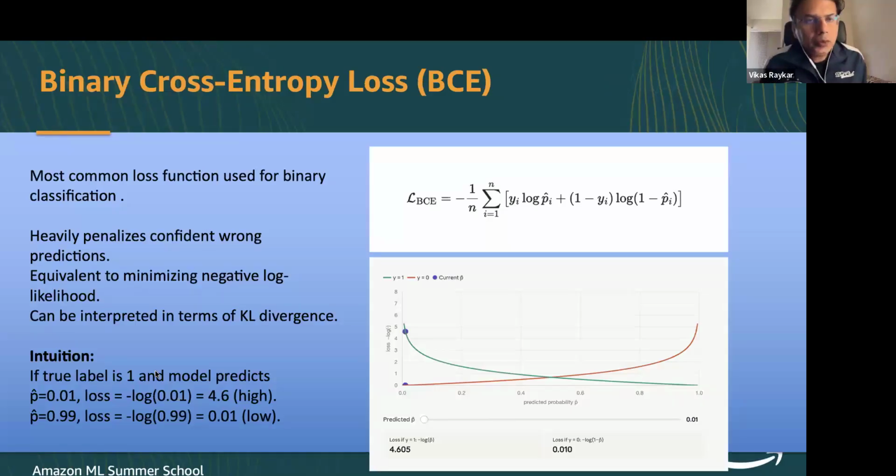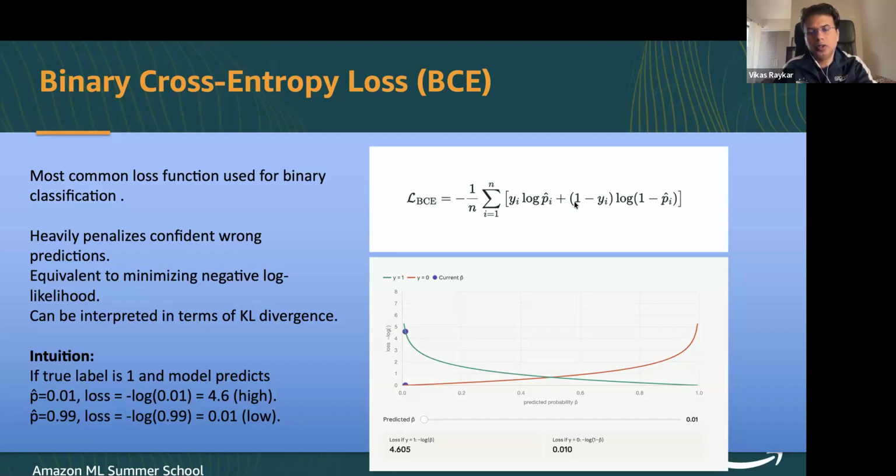Okay, so the most commonly used loss function for binary classification is what we call the BCE, or the binary cross entropy loss. As earlier, we are going to take a loss function and average it over all the instances, right? And yi here is your true label, which can either be 0 or 1, and p hat i is the probability that yi is equal to 1. So this is your prediction from any of your models. For example, it could be logistic regression,